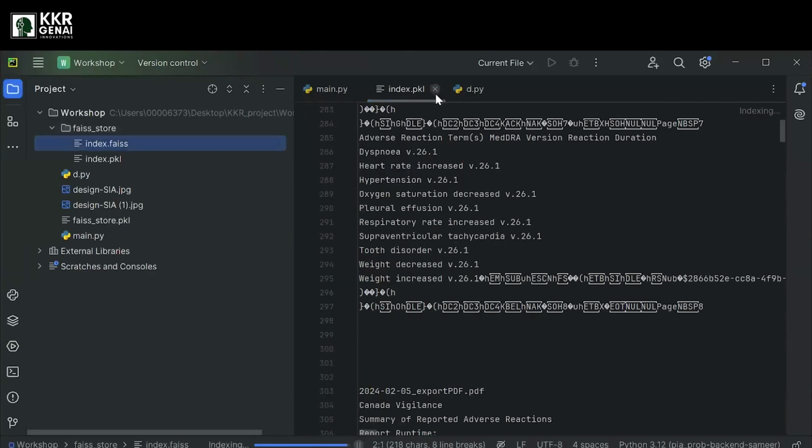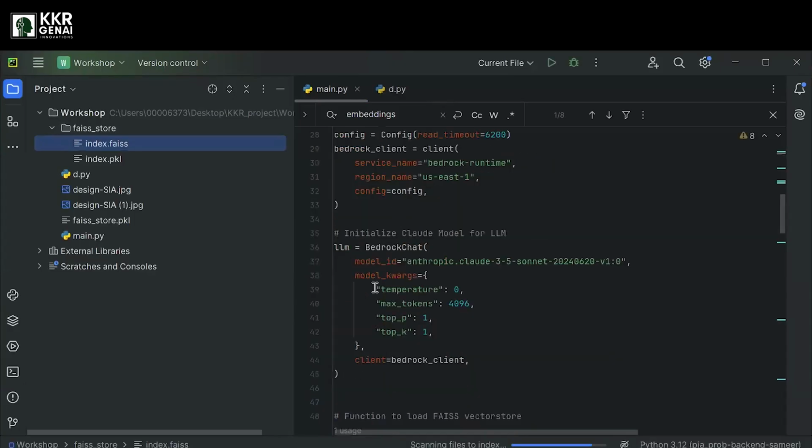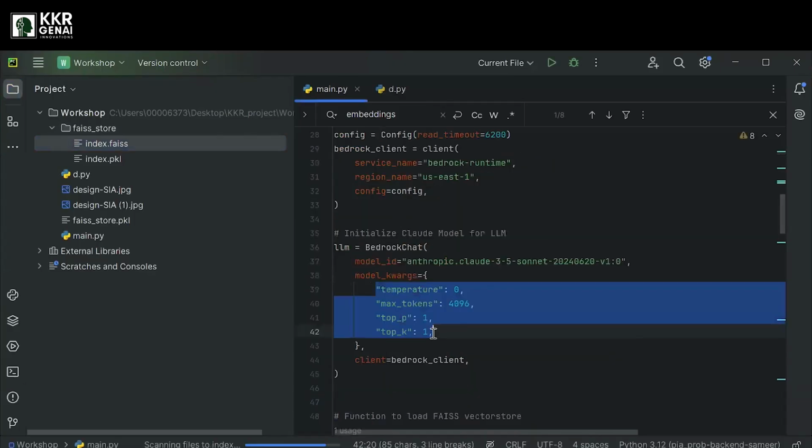Here I made my LLM models in the Bedrock services, and these are the parameters which will be utilized to configure your LLM. To get a consistent response, we rely on these particular parameters: temperature, max tokens, top p, which covers the top probabilities that need to be picked up, and top k tokens which need to be considered.